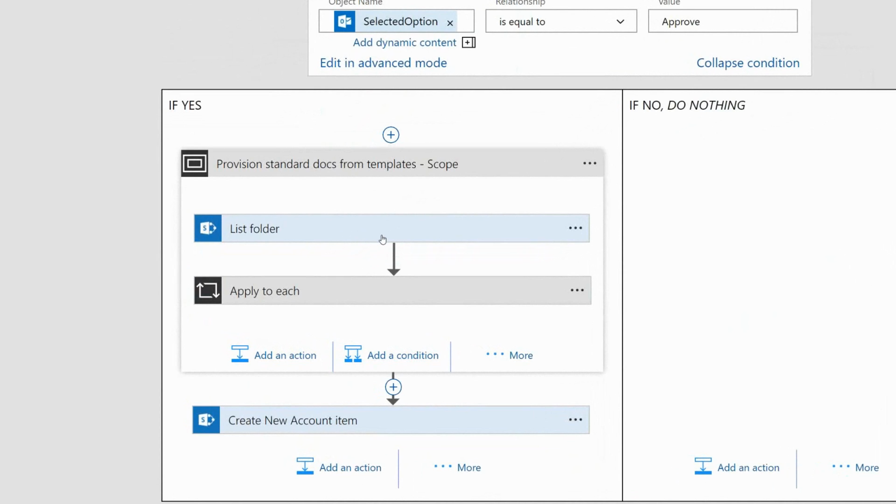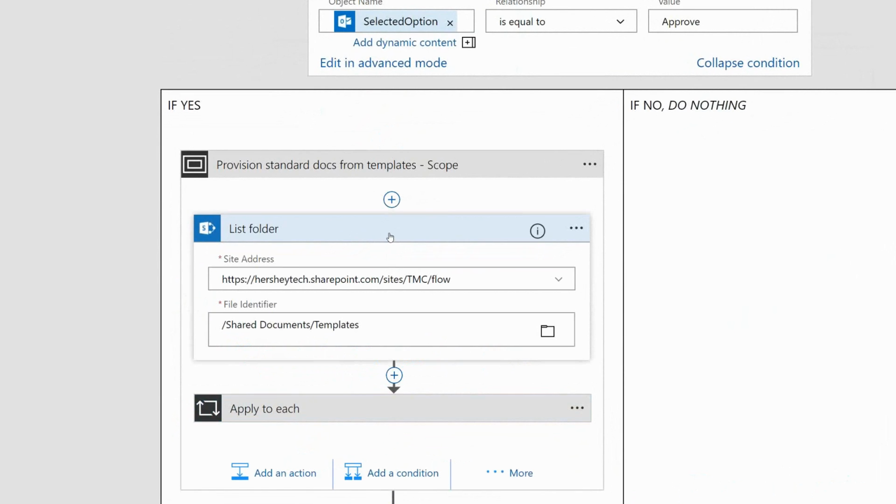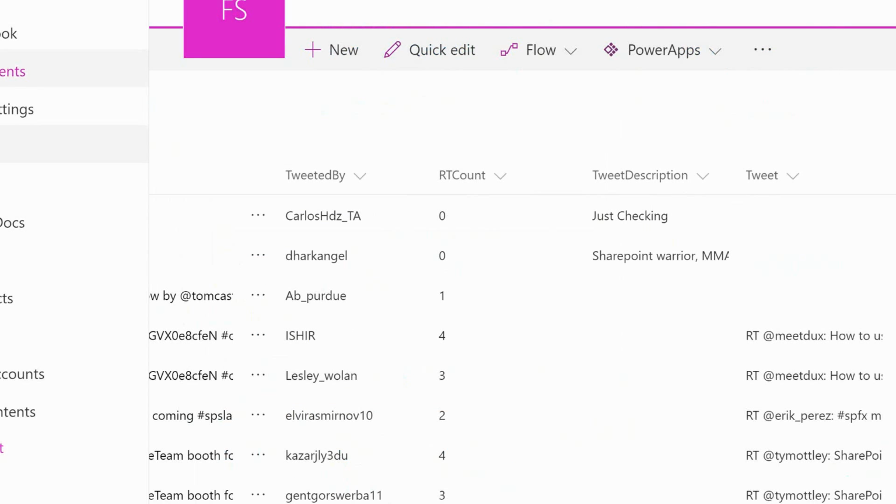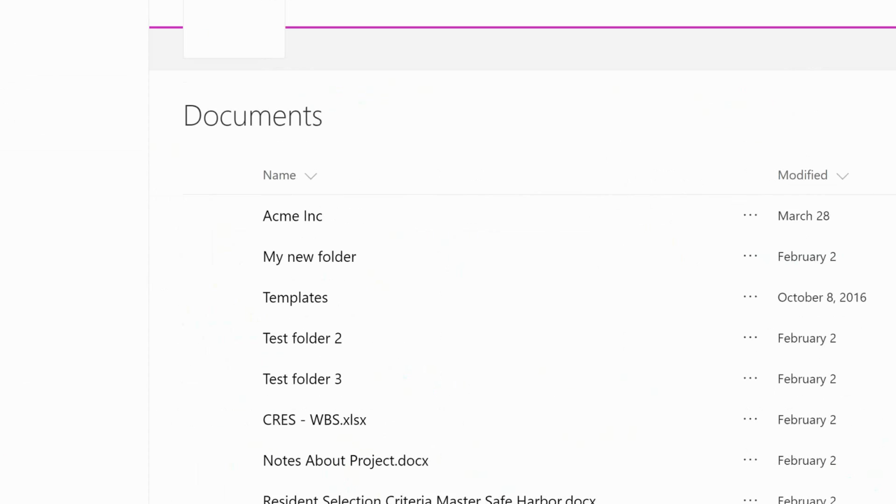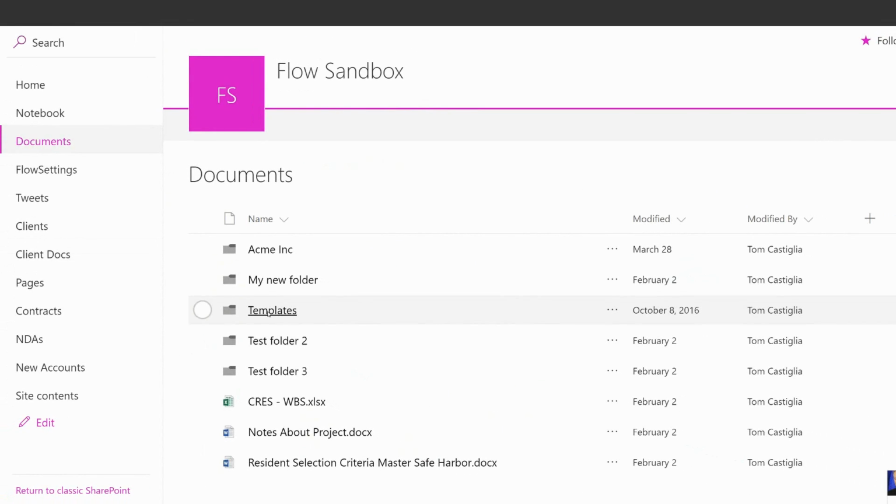For starters, I have this list folder, and this is a SharePoint action that allows me to point at a folder in a library and iterate through whatever files are in that folder. So I'm pointing at this site, and this is the library and the folder that I want to look at. And if we look over here, I think it's that one. Notice I have this library here, documents, which is really our shared documents library. And notice I have a folder here called templates,